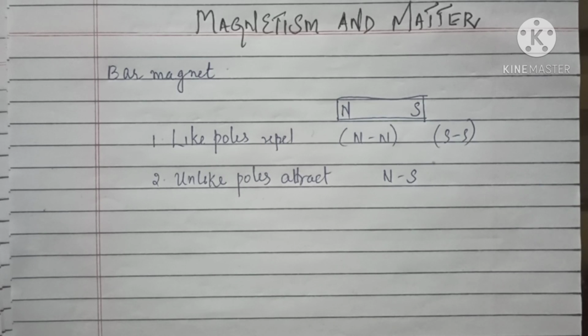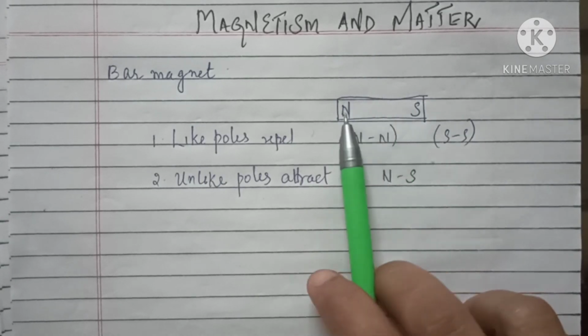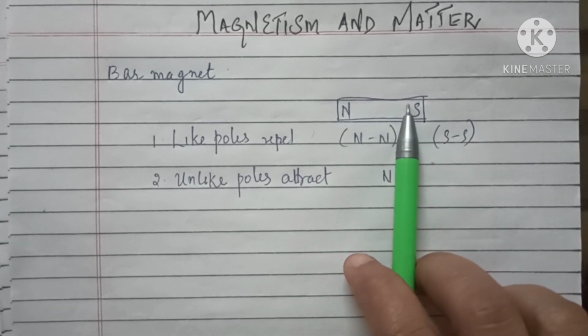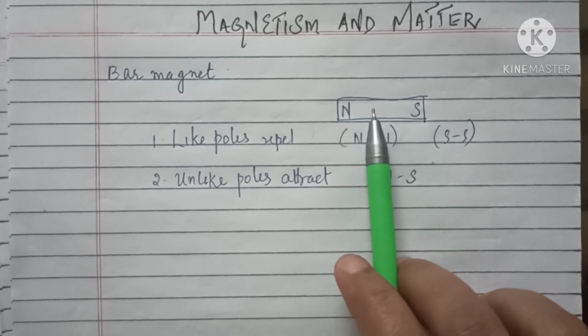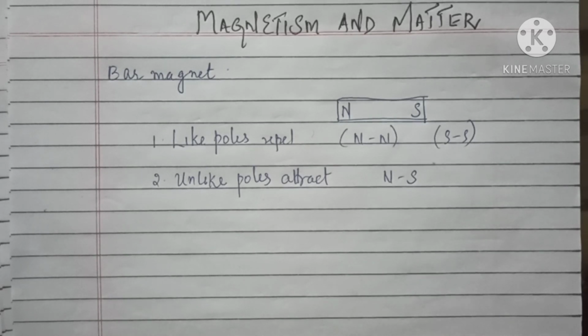You know the force of attraction is maximum at the two ends of the bar magnet, which we call the poles. The poles of a magnet can never be separated. When you break this magnet into small tiny pieces, even the tiny bit of the magnet will exist as two poles. It doesn't exist as a single pole, or monopole. Always they exist as dipoles, that we call a magnetic dipole.